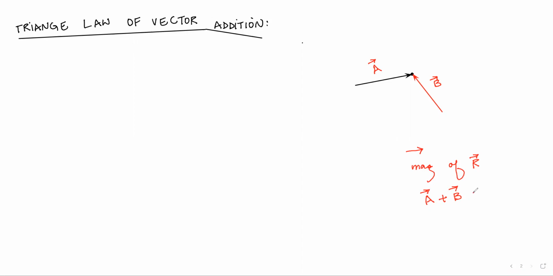Now, the addition of these two vectors would be given by the R vector. This R vector is successfully representing the addition of both the vectors, both in magnitude as well as in direction. Very good. Great. Now, in a simple person's language, he might be tempted to think, or we can ask that simple